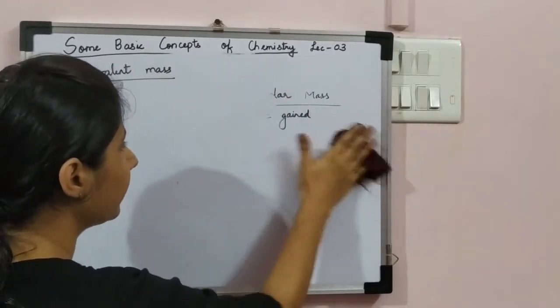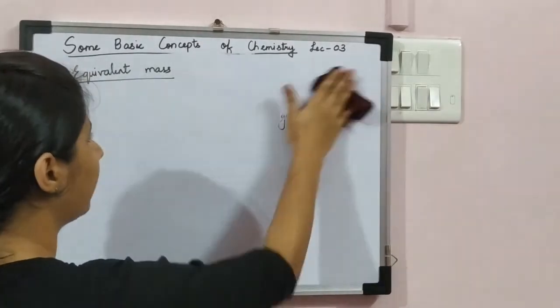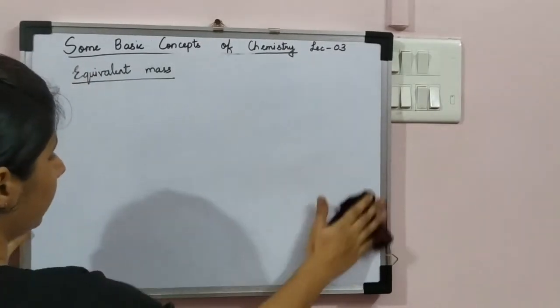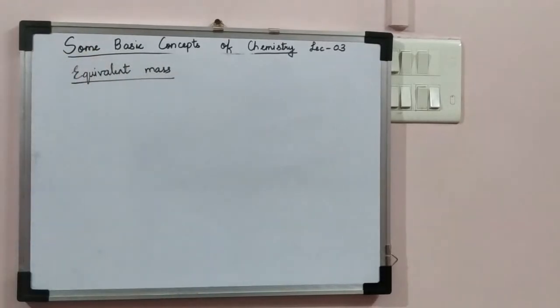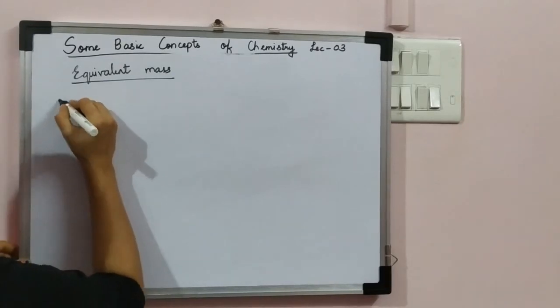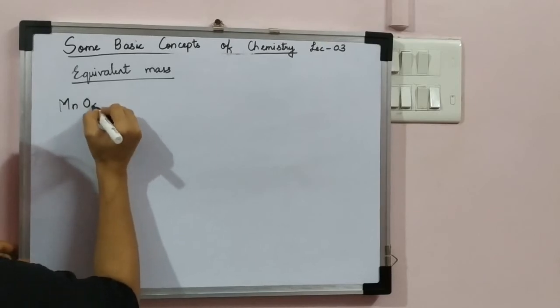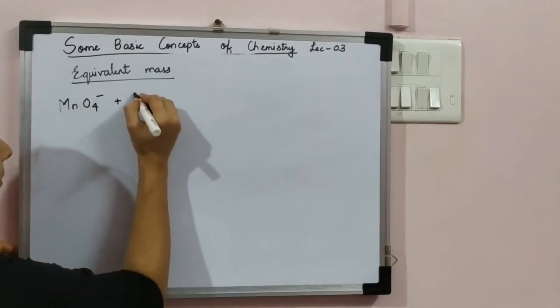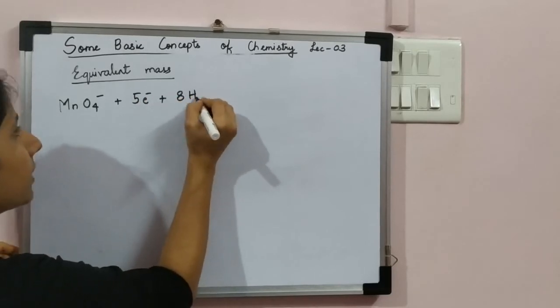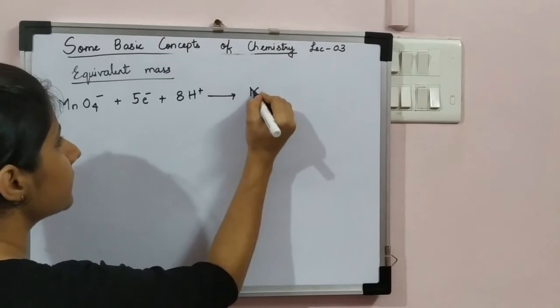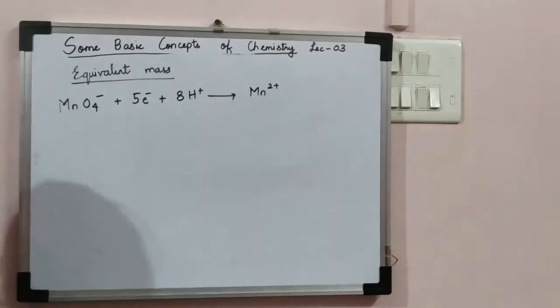I'll teach you one reaction of KMnO4 in acidic conditions and I'll give you the other 2 reactions, basic and neutral, as practice. So MnO4 minus plus 5 electrons plus 8H plus gives us Mn2 plus